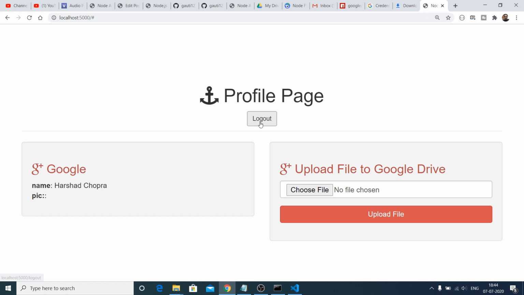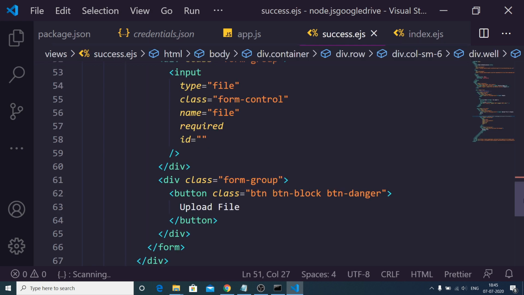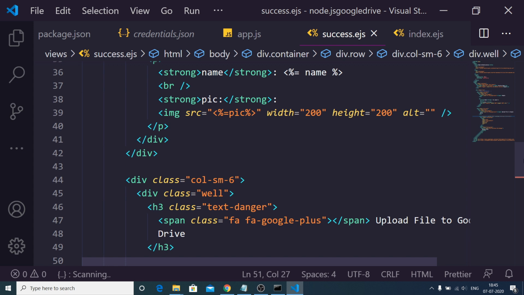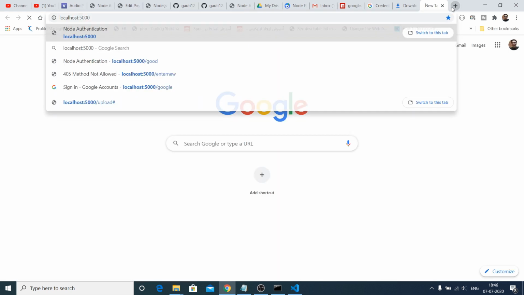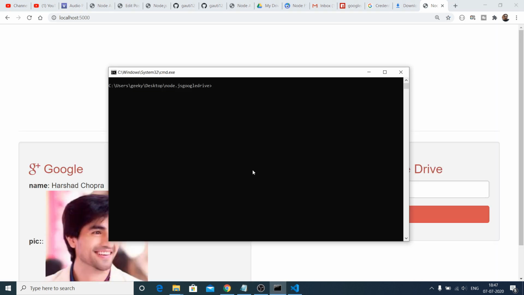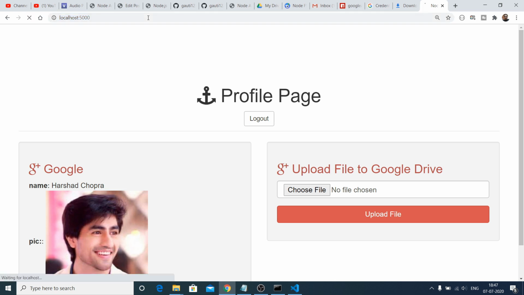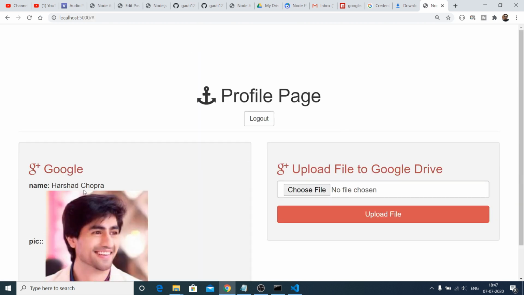so now you will see that this is a profile page, and why the profile picture is not there, let me just see. Now guys, if I once again run this, there was just a problem with my internet connection, so that was why the application was not working. So if I open once again, let me just restart the application, npm start. So the application is started. So if I click the Google button and select the account, so you will see that the name is there and the picture is also there.